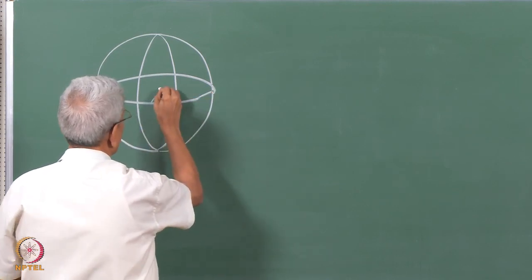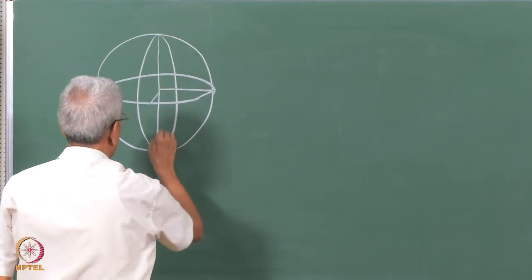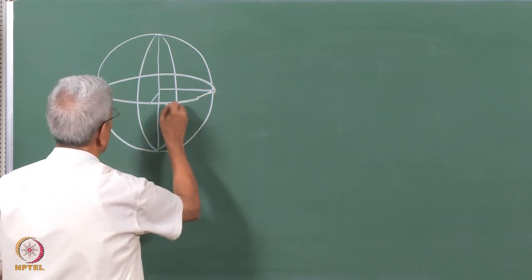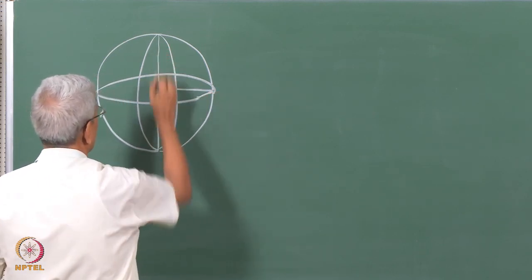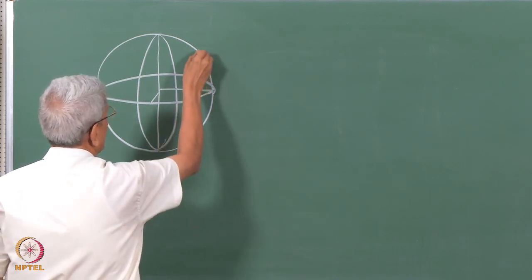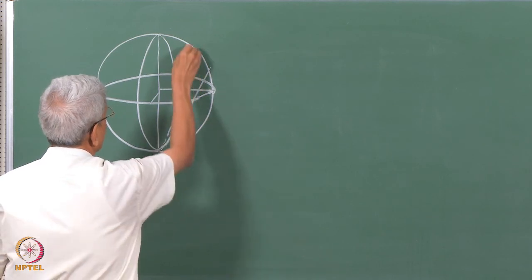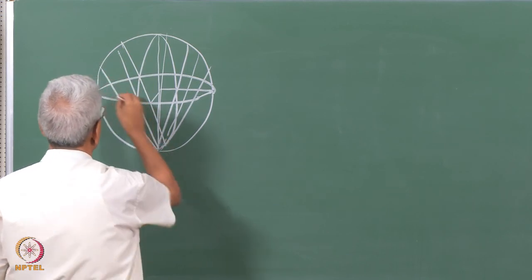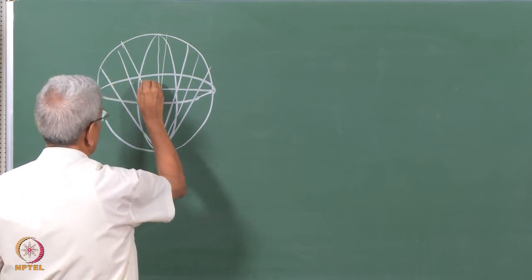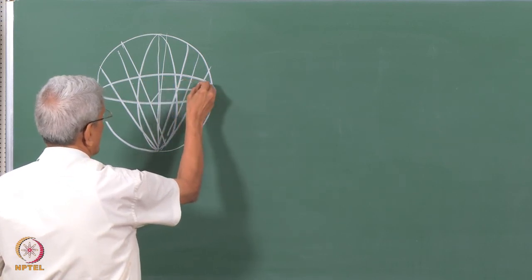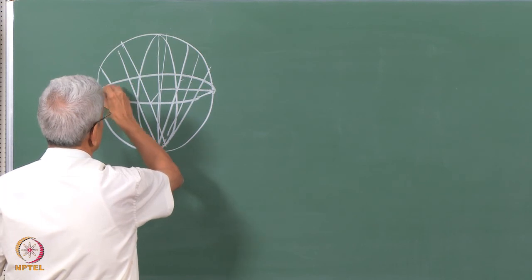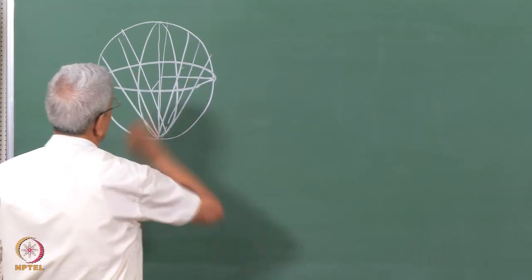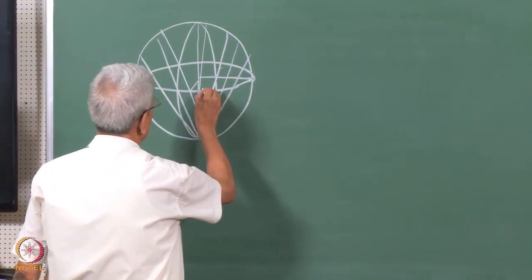If this is a sphere, and this is the projection plane, then if we are viewing from this direction, all the points on this hemisphere, their projections cut this equatorial plane. These points show the angular relationship in 3 dimensions, which is projected onto 2 dimensions. So this projection is called the stereographic projection.